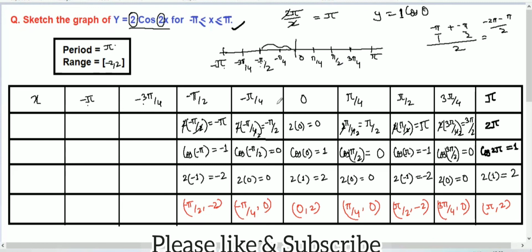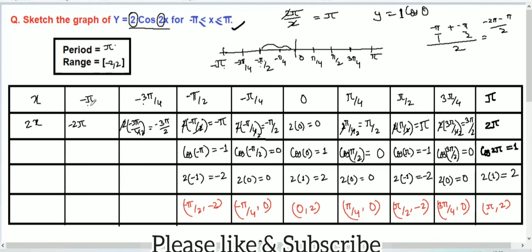So this way I have taken all the points here. So x is there, then we have to take 2x as our angle is 2x. So we have to multiply here 2 of minus pi, which is minus 2 pi. Okay, and then this one as well, 2 multiplied by minus 3 pi over 4. So 2, 4, we can cancel it out, and then final is minus 3 pi over 2.